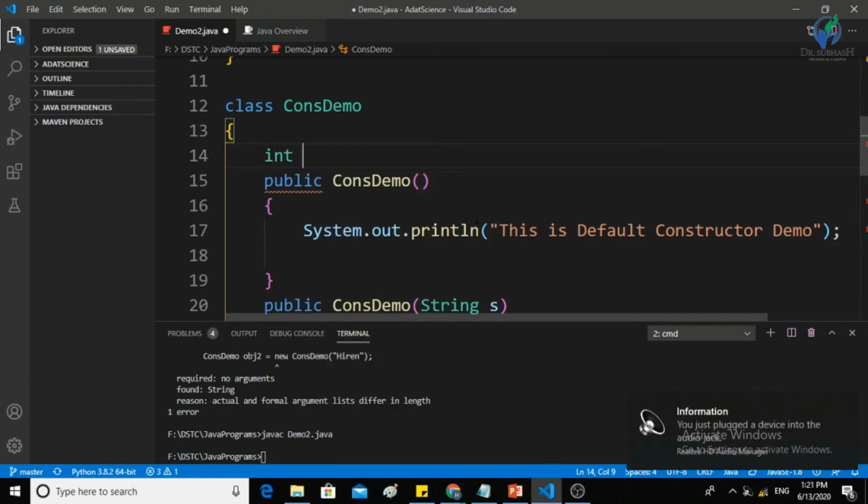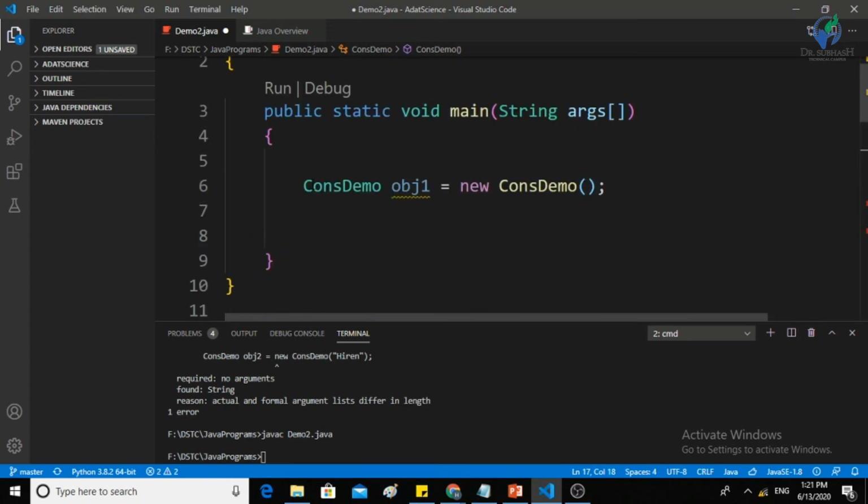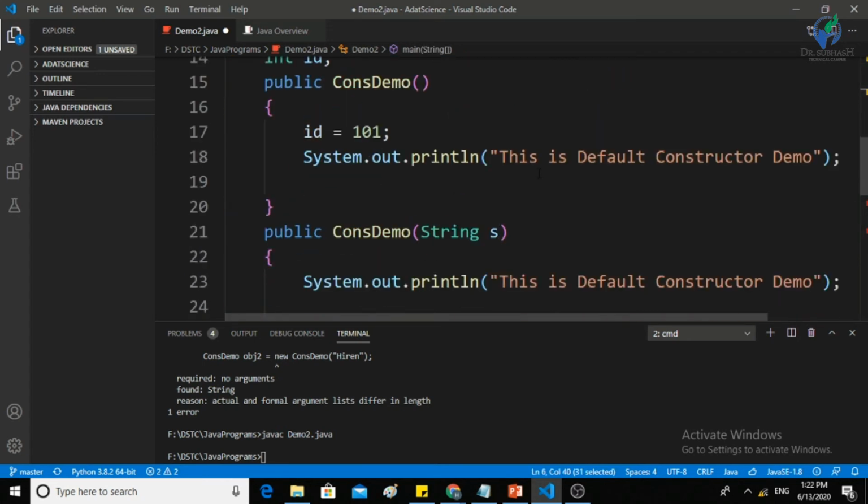Let's say I have integer id, and when I create the object, I want to assign some value, id equals 101. So when I create this object, the value of the id will be assigned as 101.